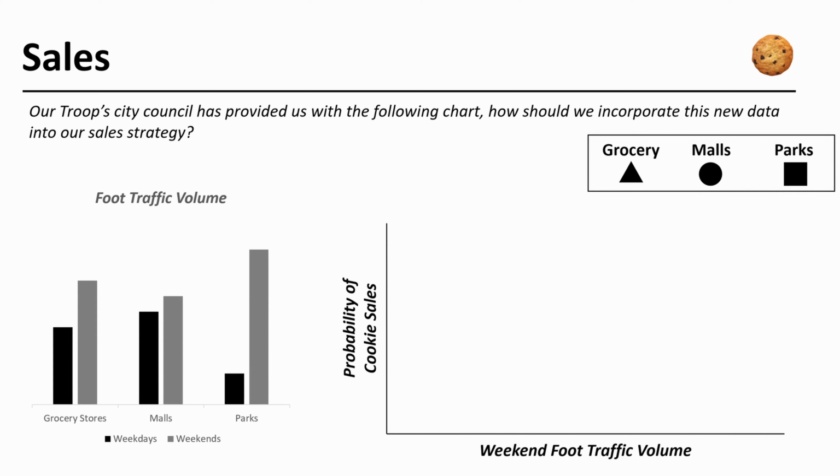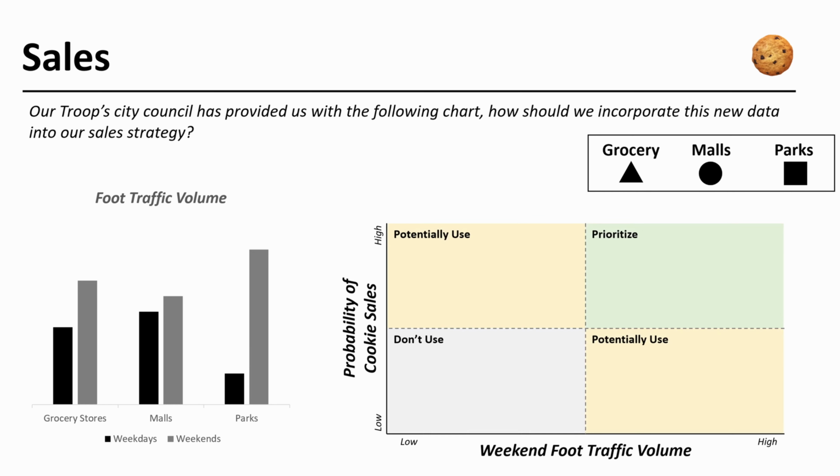Next, what we could do is for our 3 remaining options, grocery stores, malls, and parks, map them on a 2x2 of weekend foot traffic volume and the probability of cookie sales to understand where there is high weekend foot traffic volume and where there is a high probability of cookie sales, to map out which locations we should not use, which ones we should potentially use, and then what are the locations we should prioritize to optimize our cookie